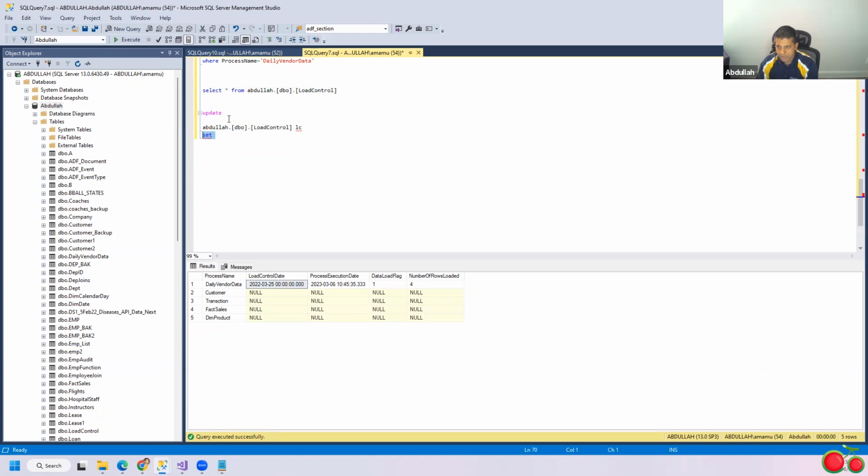Just say update this, say that and that, but there are multiple ways you can write this update statement. So I'm going to say update LC from load control, and I'm going to say set, instead of doing it the other way, load control date equal to